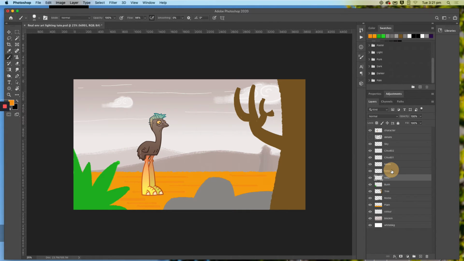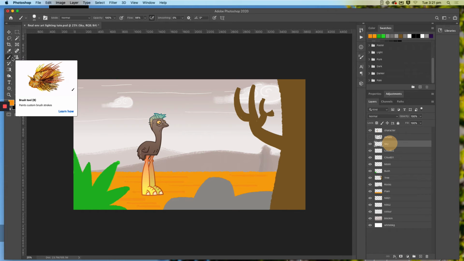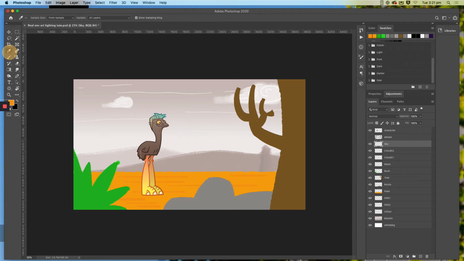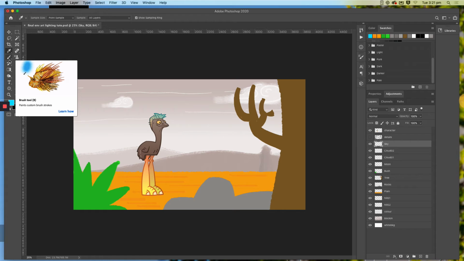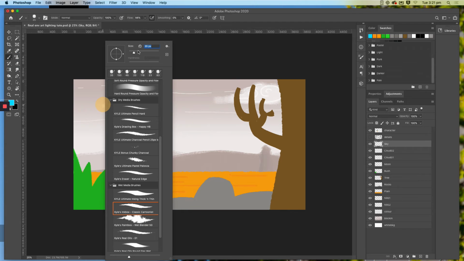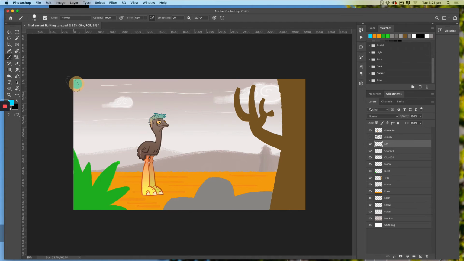Hill 1, Hill 2. So let me do... Hill 1. Now, let's do sky. And I'll just do a solid sky here. Because if I do sky, then I can start affecting the brown in the hills and everything else and make it go back into the blue. So if I pick the sky first, it means that I can sort of tailor make all the other colors to go back. So sky,